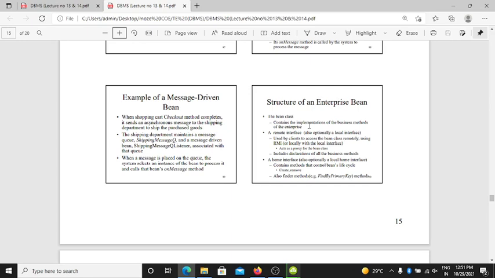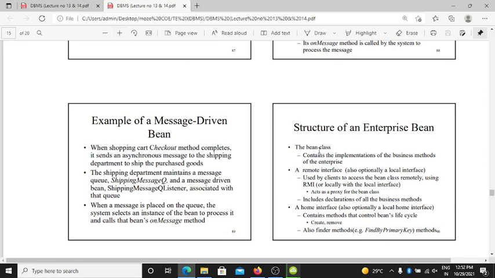Structure of the enterprise bean. The bean class contains the implementation of the business methods of the enterprise. A remote interface, and optionally a local interface, is used by clients to access the bean class remotely using RMI, or locally with the local interface.